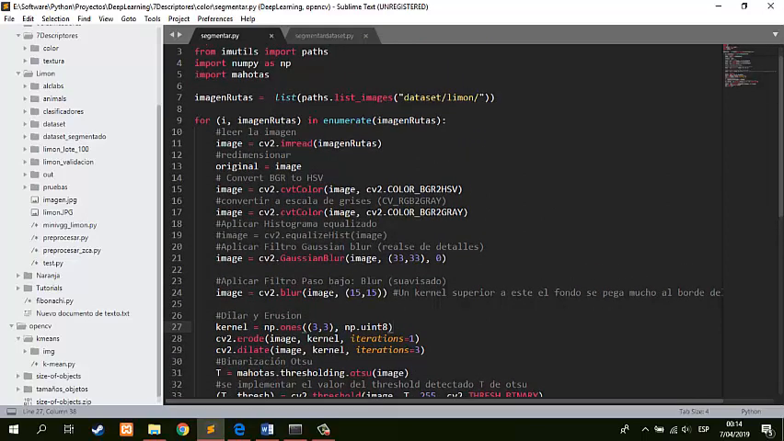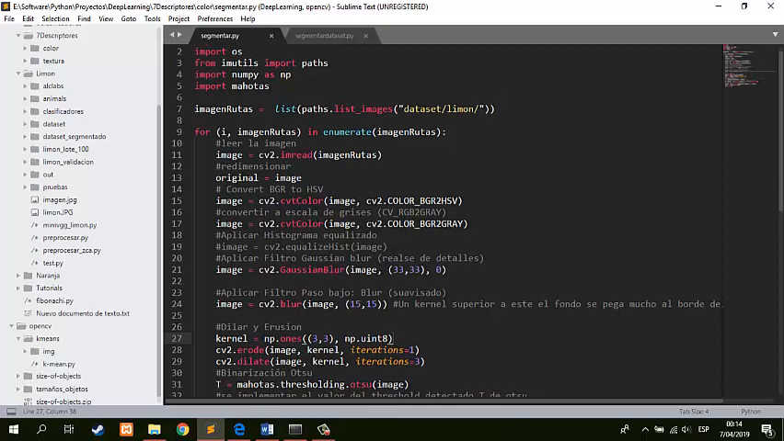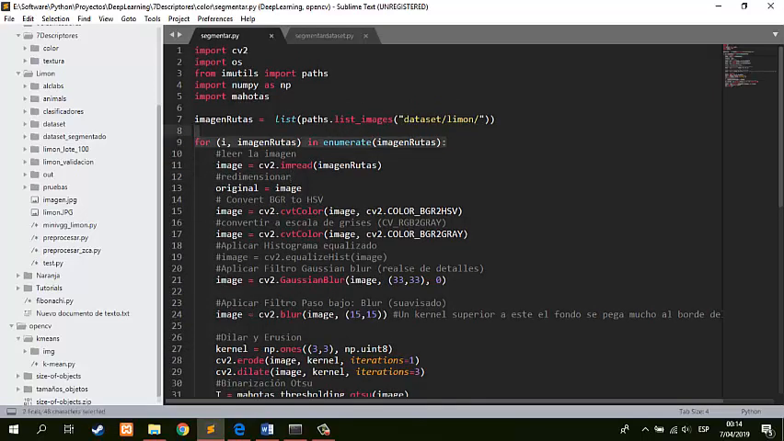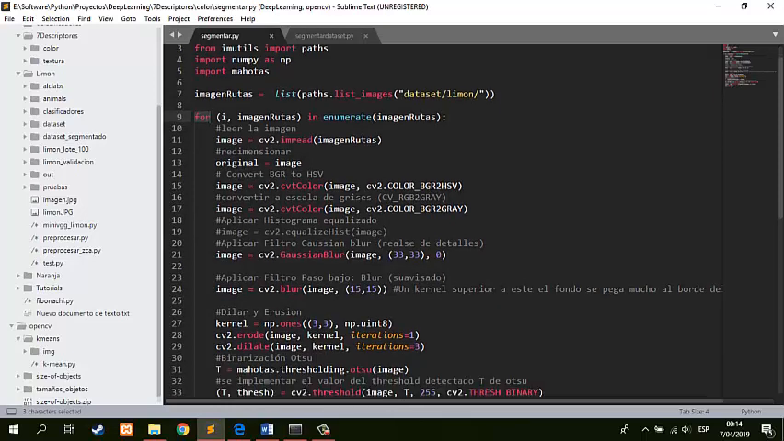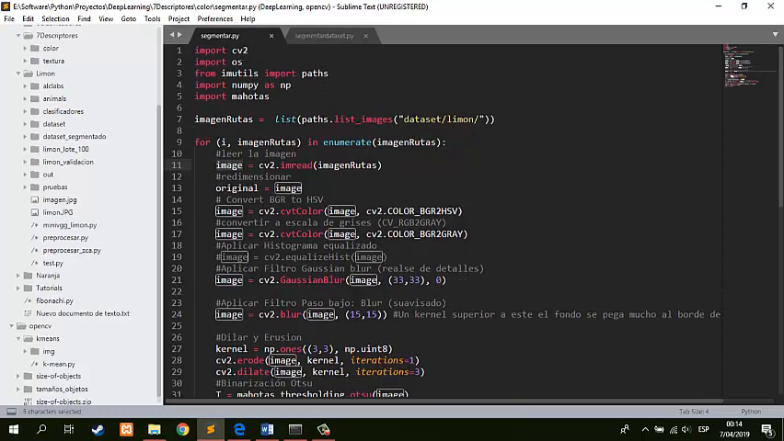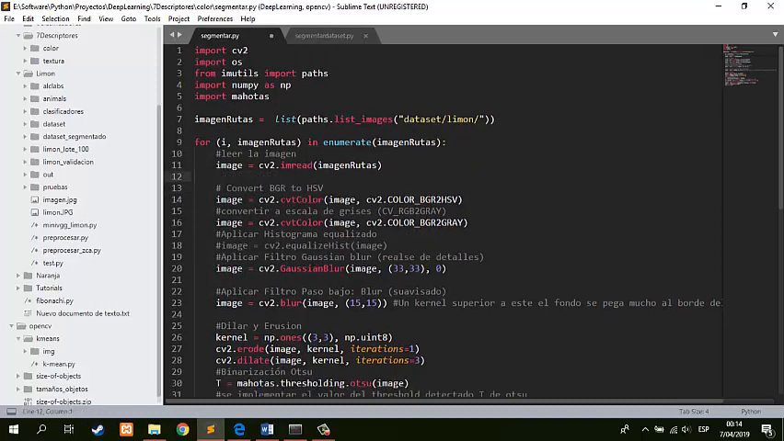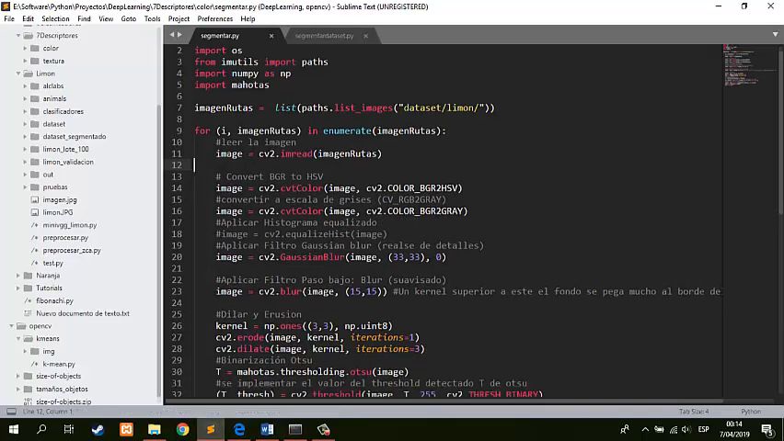To segment these lemons, I use this sequence of filters. First, I receive the batch. Where are my lemons? Inside a for cycle, I process all the images. First, I read the image. After, I convert the image to grayscale,